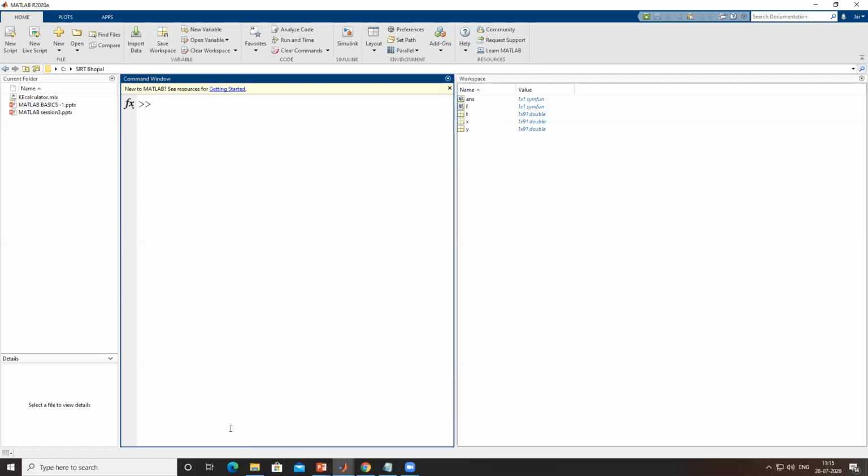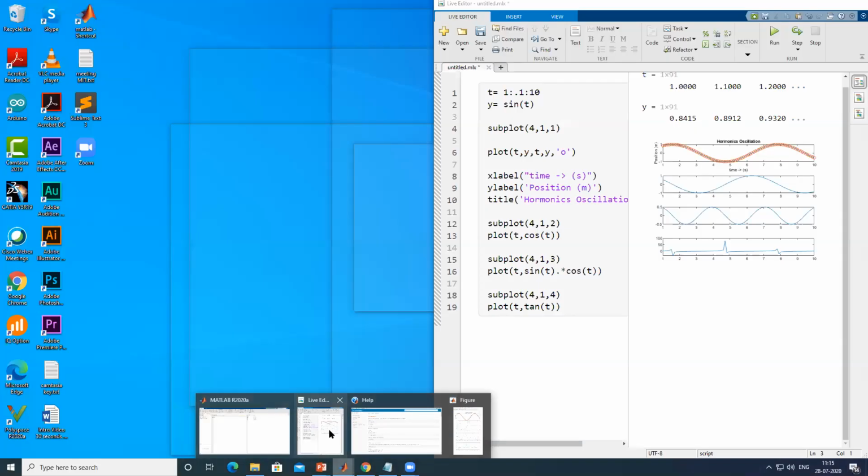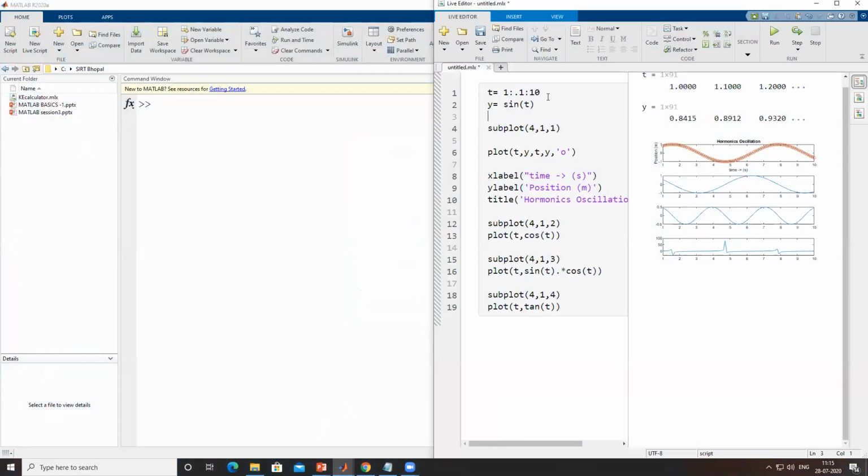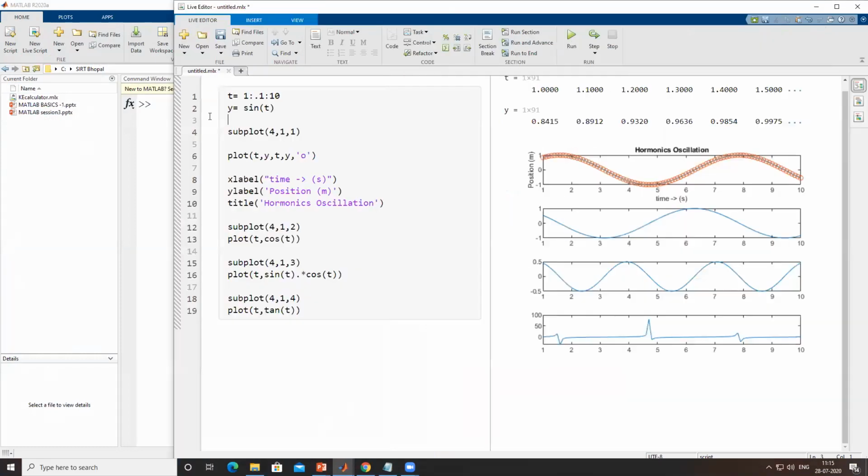Your question was right: if I hadn't declared x earlier, then at line number 2 it might have thrown some error. But because I created x and in memory the value was the same as the value of t, it didn't throw any error. So yeah, it should be t here rather than x.